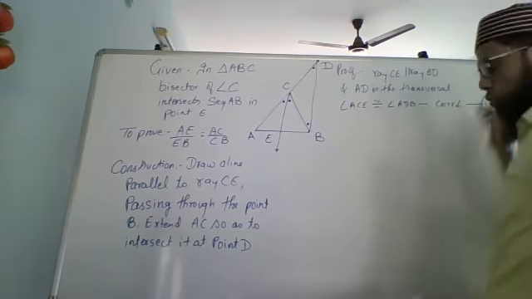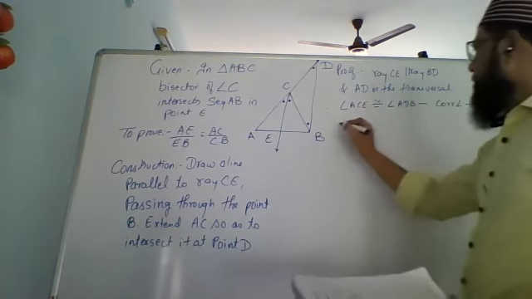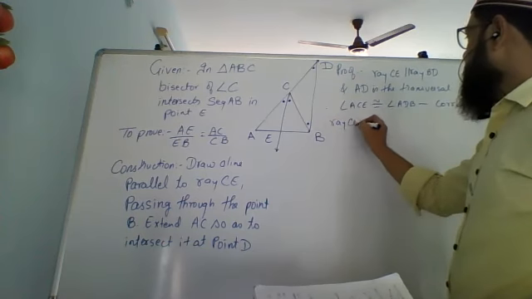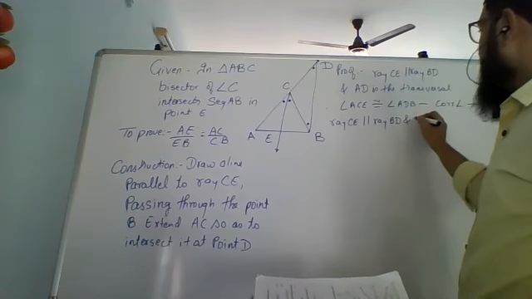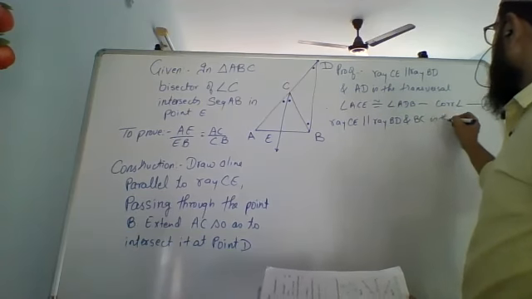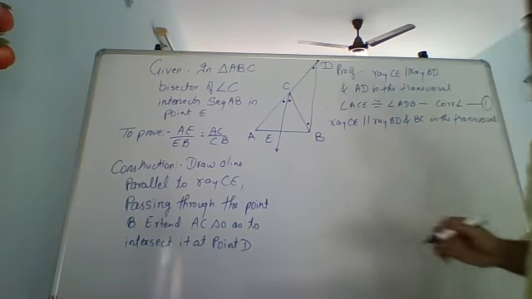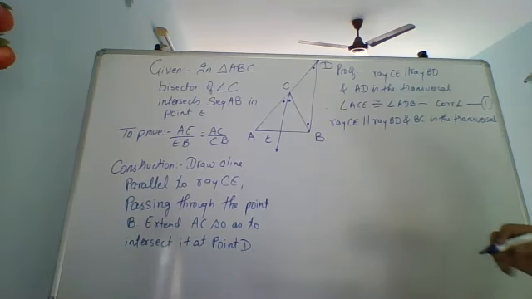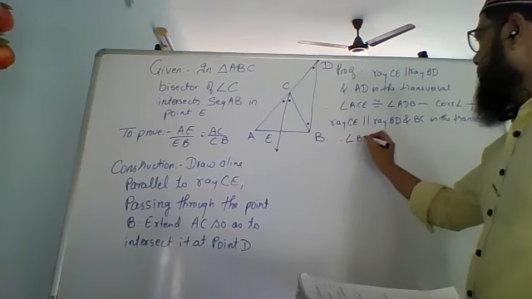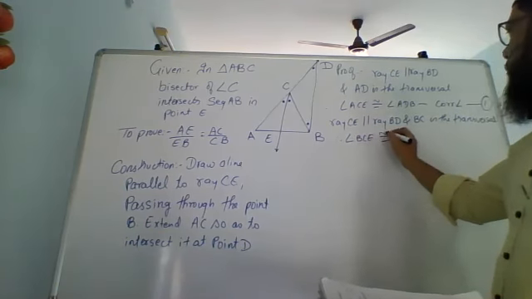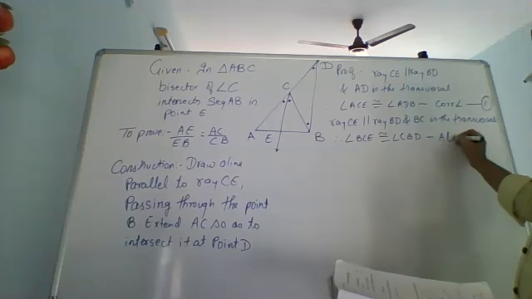Call this number 1. Now same, ray CE parallel to ray BD, and BC is the transversal. Now we take BC as the transversal. So here we will get, therefore, angle BCE congruent to angle CBD. Reason, alternate